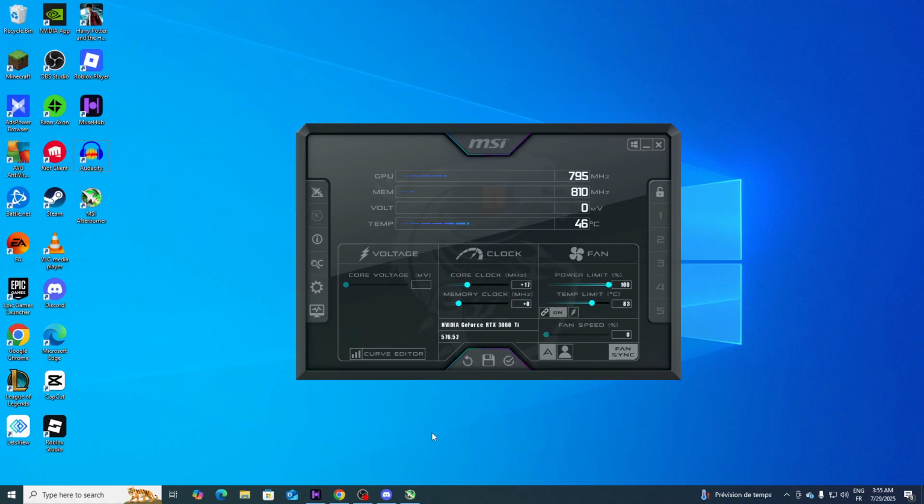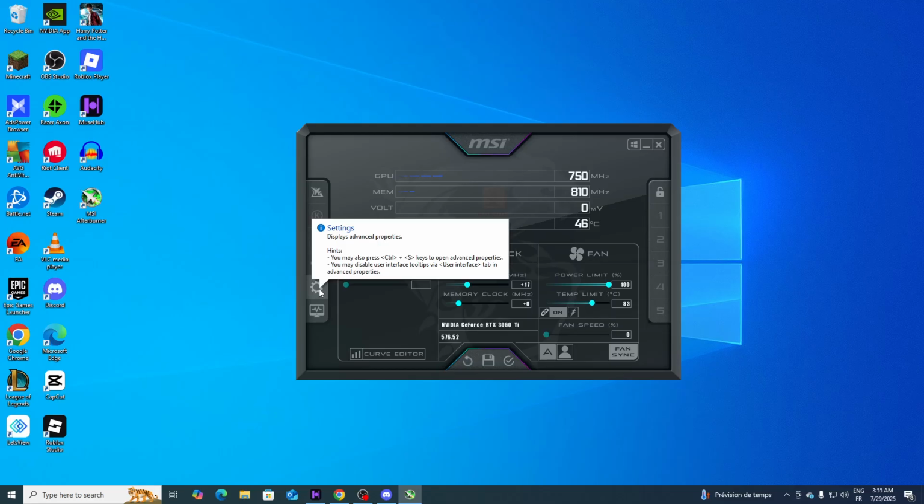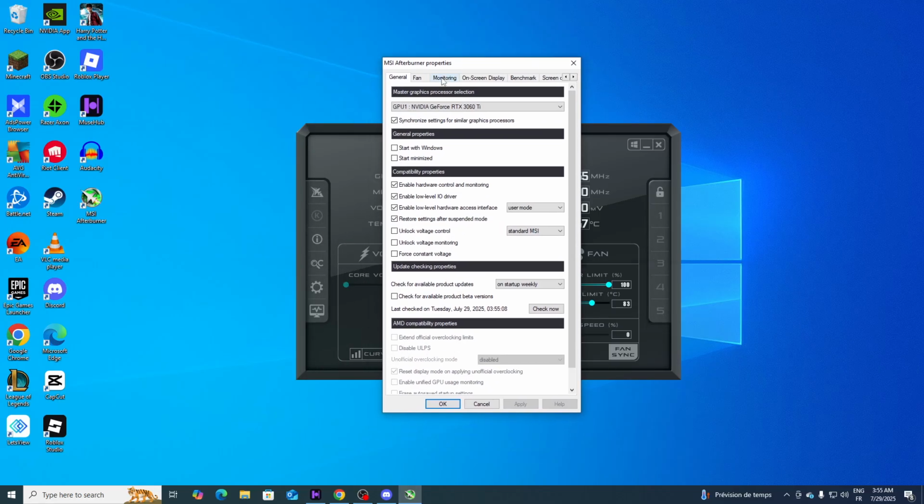In today's tutorial, I will show you how to enable FPS counter in MSI Afterburner. So the first thing that you will need to do is to go ahead and open MSI Afterburner. Then you will have to click on this settings option right here, and after that you need to go to